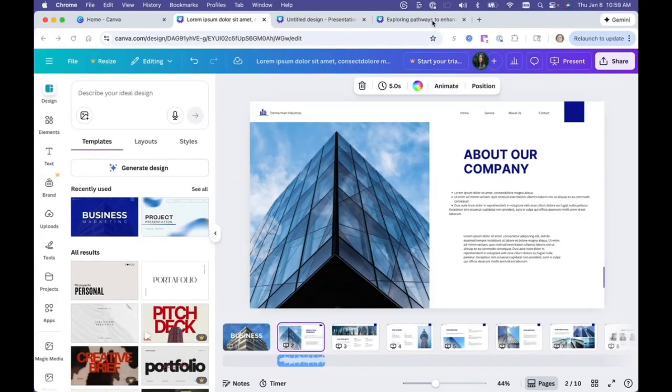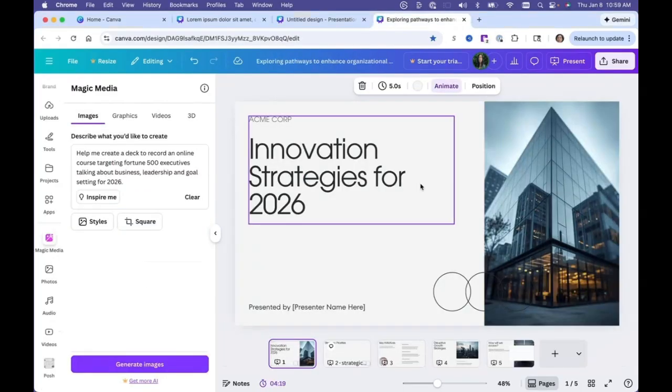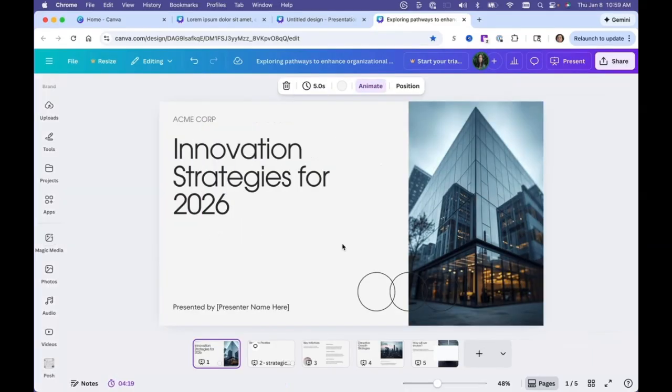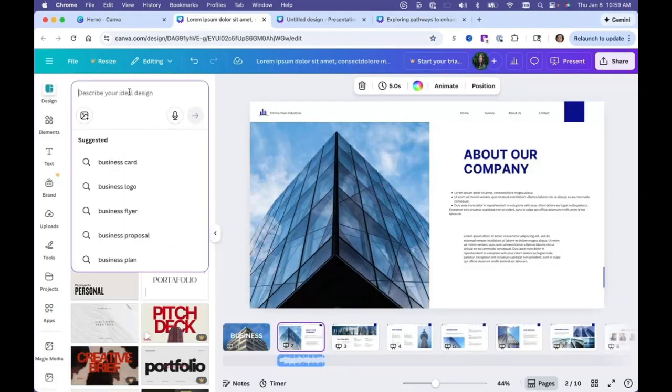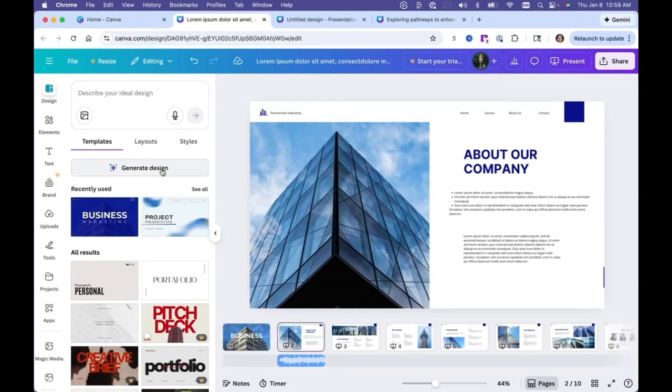So going back to this template design. Coming back to this template design, this was created using Magic Media. What I did was I went into Magic Media and I wanted to generate a specific design, and